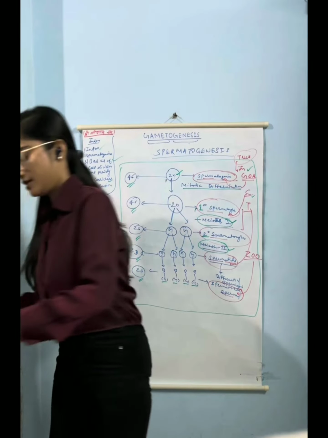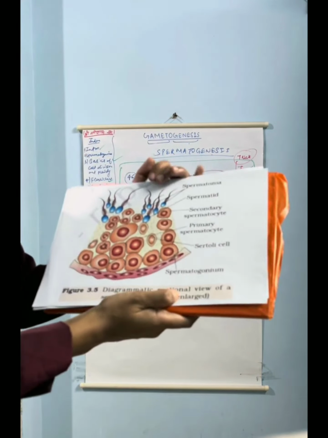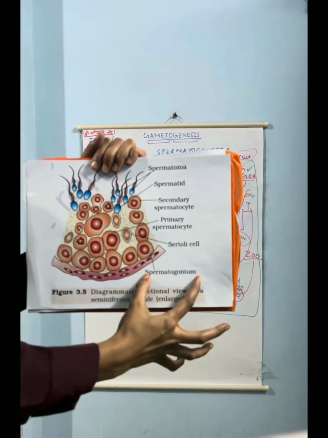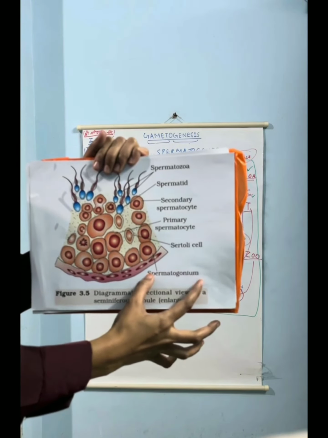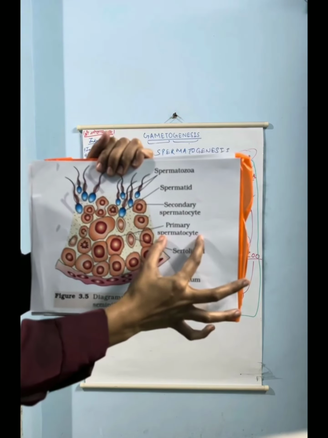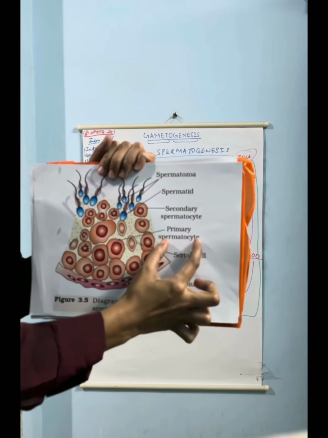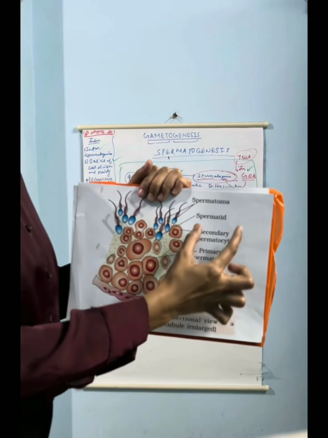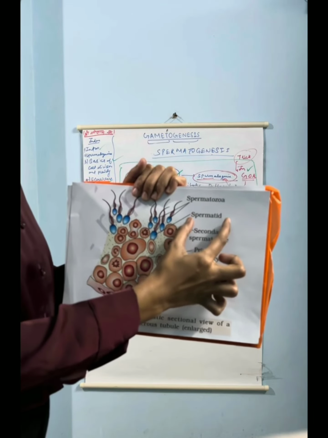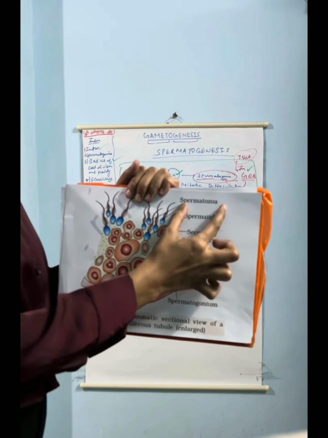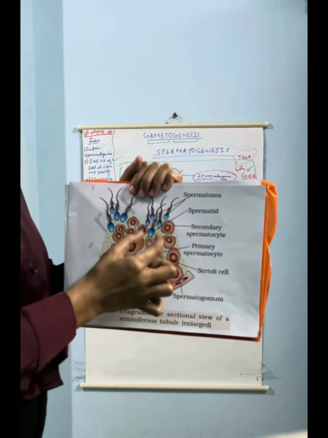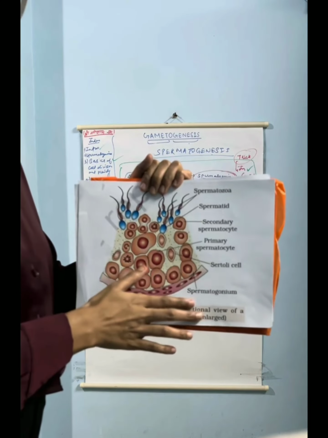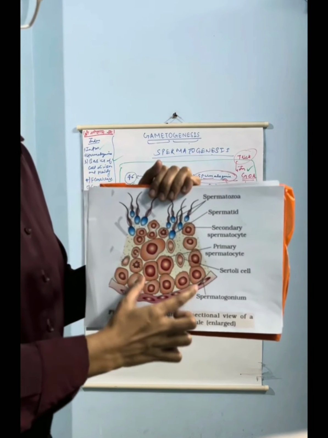Let us discuss the diagrams which are given in NCERT. This is the diagram given in NCERT of seminiferous tubules. So these are my spermatogonia cells. They will undergo mitotic division and form primary spermatocytes, and these primary spermatocytes will undergo first meiotic division and form secondary spermatocytes. Then the secondary spermatocytes will undergo second meiotic division and form spermatids. These spermatids will undergo differentiation through the process of spermiogenesis and form spermatozoa. The heads of these spermatozoa get embedded inside the Sertoli cells to draw nutrition, and they get released from the seminiferous tubules through the process of spermiation.